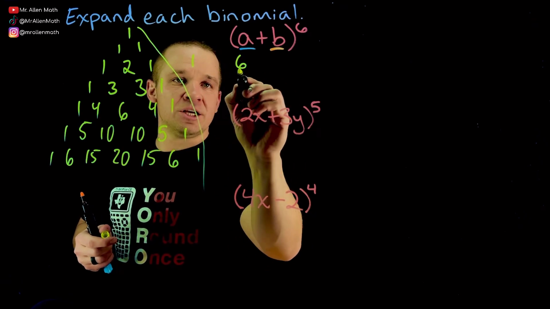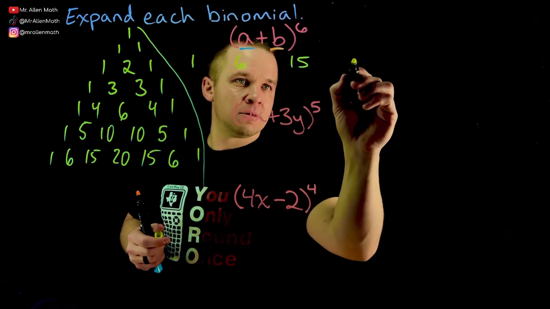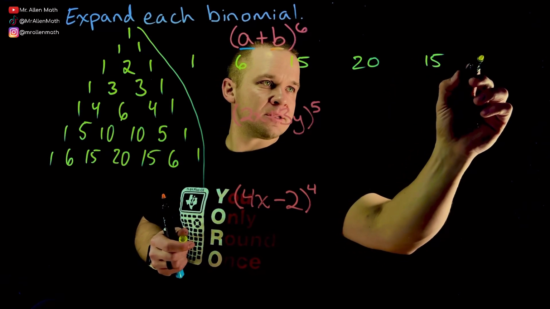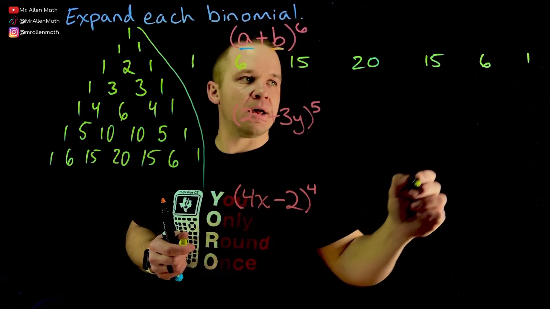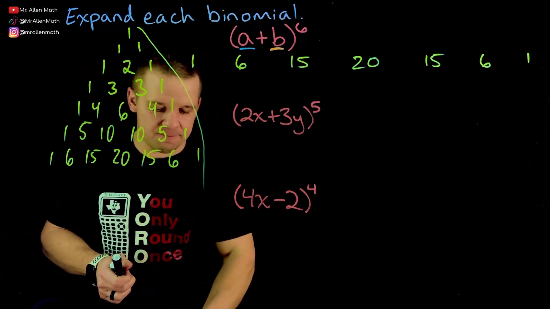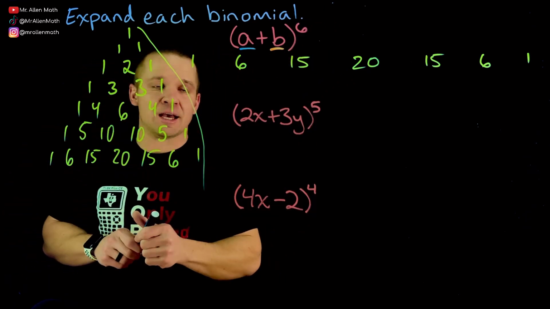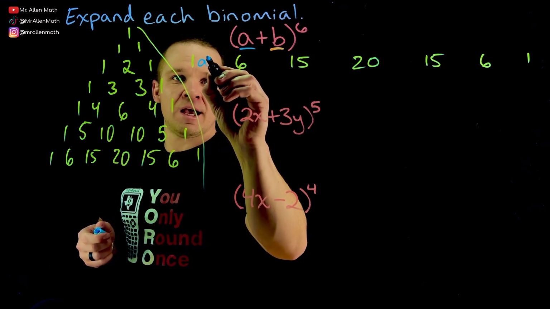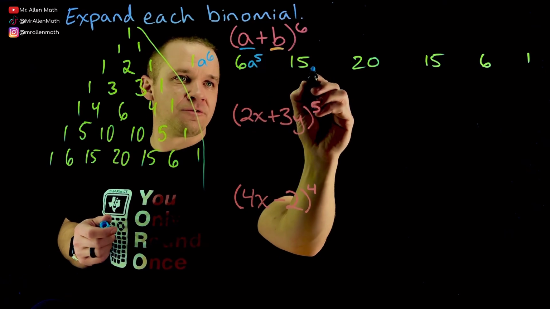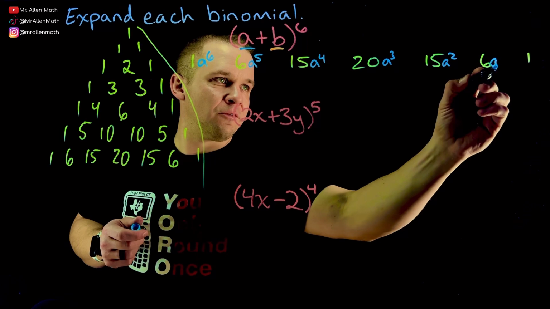I'm going to leave a little space because I got to deal with a's and b's there. 1, 6, 15, 20, 15, 6, and 1. Okay. Cool. Next up, I'm going to deal with the a's. Now, the way you do this is I start with the highest degree, which is 6 in this case, and I'm going to have a to the 6th power. So a to the 6th. Then I'll have a to the 5th, to the 4th, to the 3rd, to the 2nd, to the 1st,